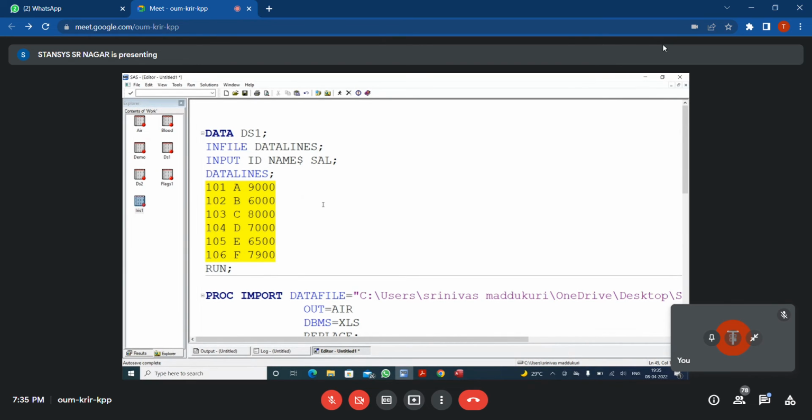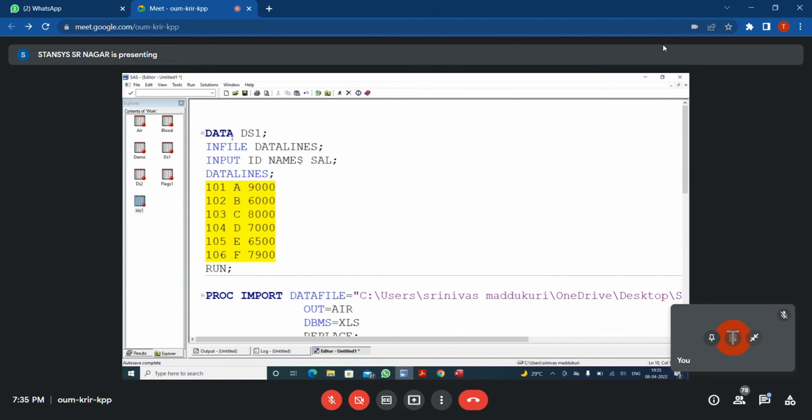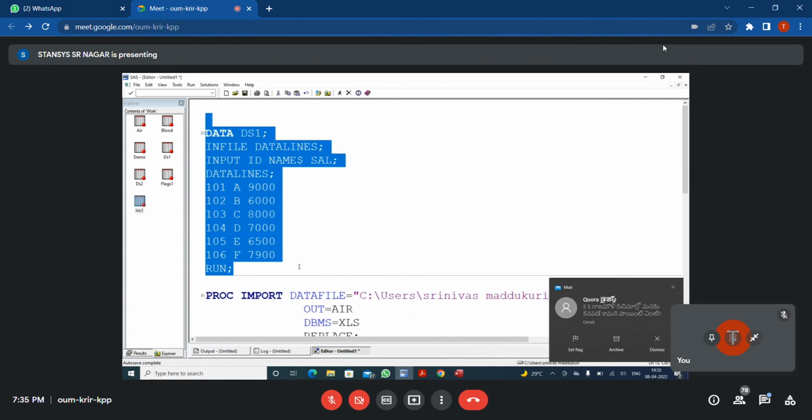The specialty of the enhanced editor is we have color enhancement. We can see 6 different types of colors, and not only that, the font size also we can see, the font style, font size. We have a certain thing. But